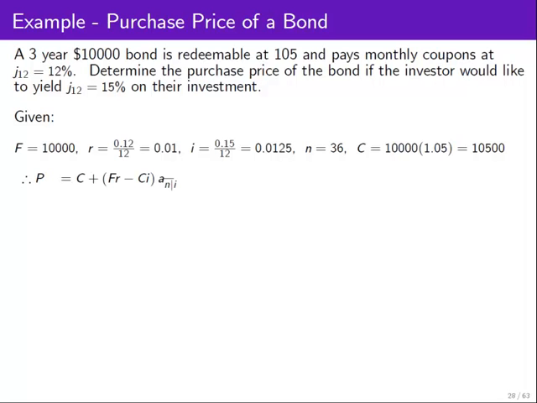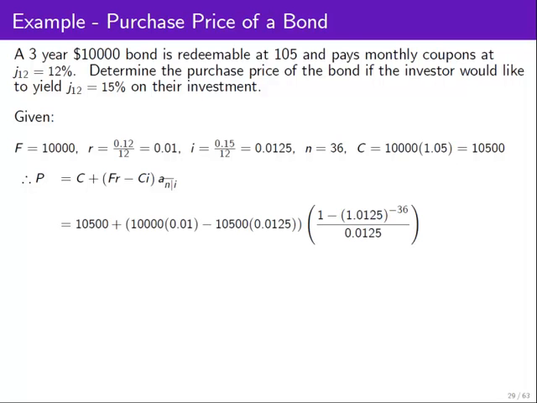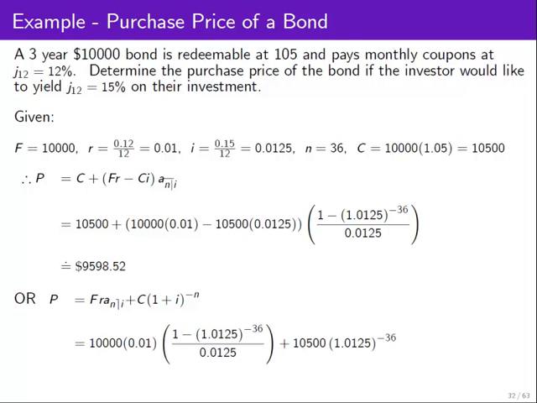Substituting all these known values into the purchase price formula, you'll see that the purchase price is $9,598.52. So what this means is we'd be willing to pay $9,598.52 in order to yield a rate of J12 equals 15% on our investment. Notice that I used the alternative purchase price formula in my calculation. We could have also used the original purchase price formula that we derived, and this would have obviously resulted in